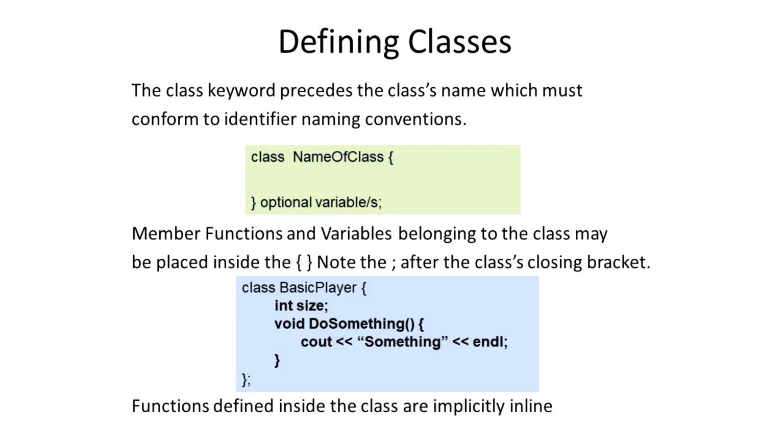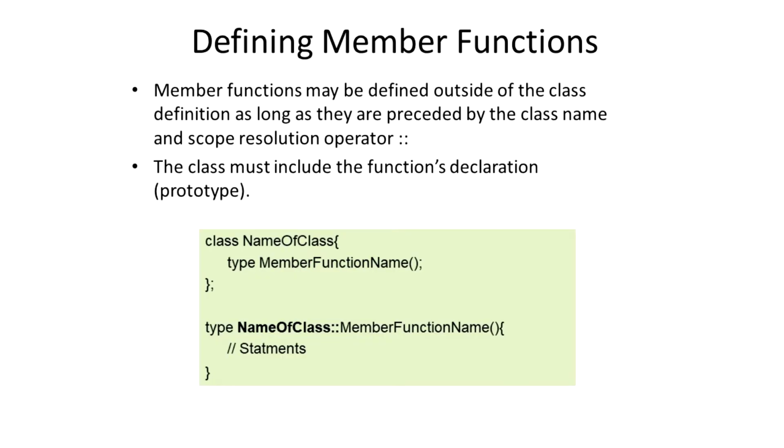inline. Okay, you can actually explicitly declare functions to be inline. I think we've got a slide on that later, so we'll cover that then. But just know for now that functions defined in the class are implicitly inline, implicitly stated. Okay, means it's not stated explicitly, it is implicitly inferred. So those are just some minor details there. The main point is that we know how to create a class and define the data members and the member functions. Okay, so let's move on and say a little bit more about the difference between declaring and defining member